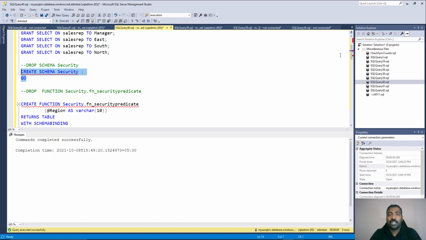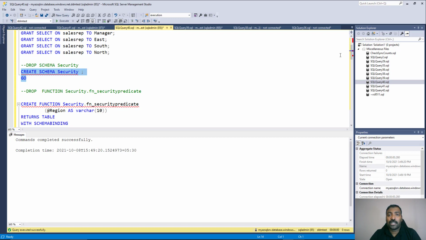So the way it works in a database is that we define a table valued function inside which we specify the restrictions on how the data should be accessible, and once the table valued function is created, we attach it to the table by means of a security policy. Once you do that, and once you give the users access to this security function, then whenever the user tries to access the data from this table, automatically the table valued function will be called upon,